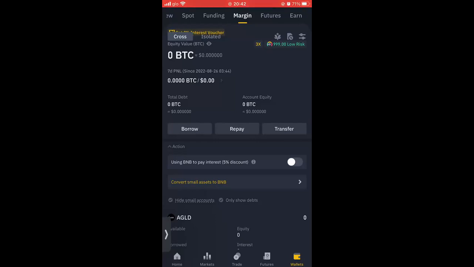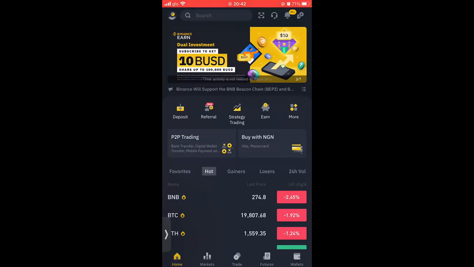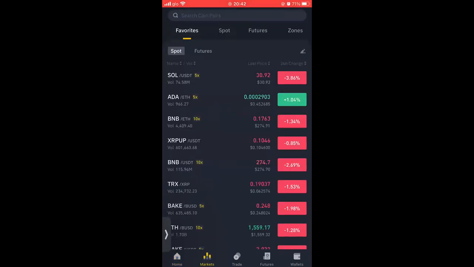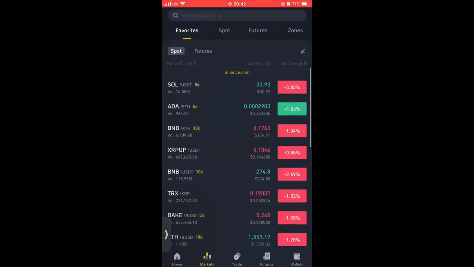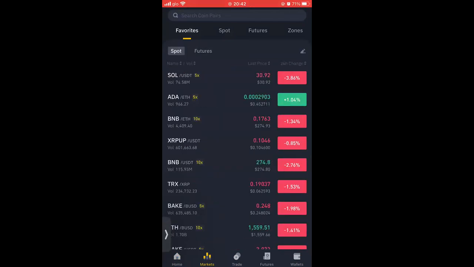And then when you are done with your wallet aspect, you come to trade. So this is actually one of the reasons I like the update from Binance. In the past, it used to be a little bit complicated, but now it's very simple. You come home. Home is where everything is. Markets, like every trade pair, you want to look at, spot, futures and all that. This is where it is, and you can put your favorites here.